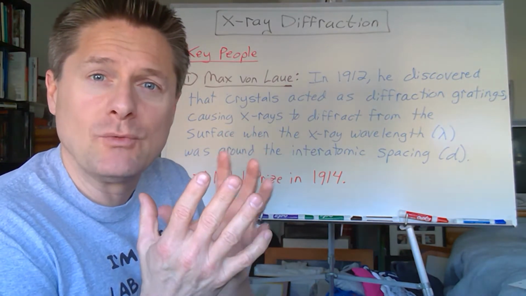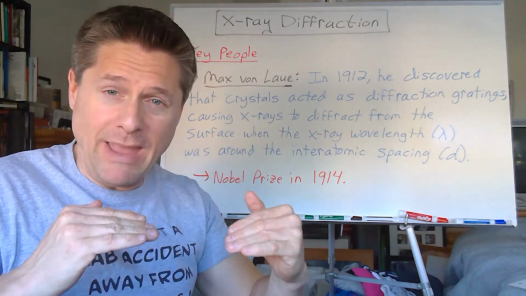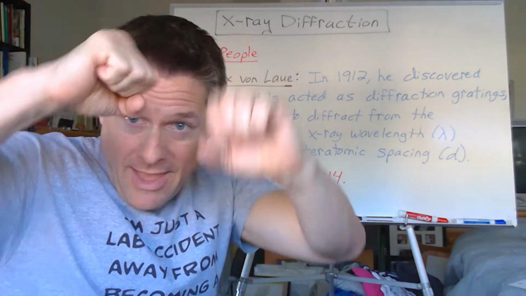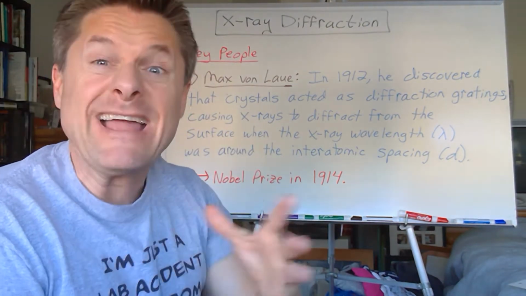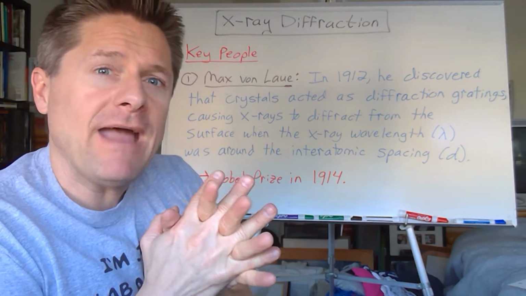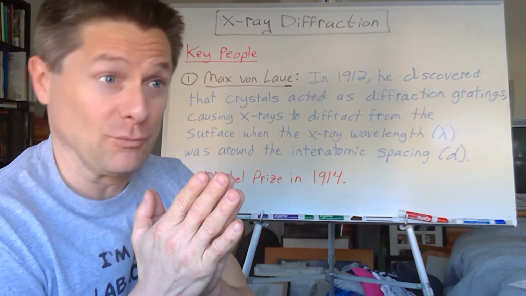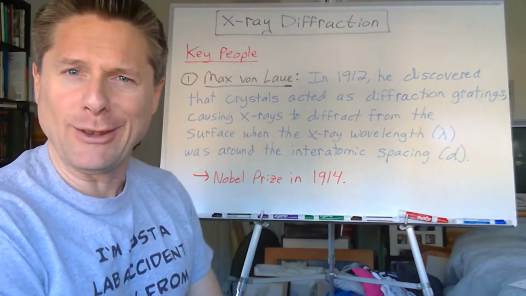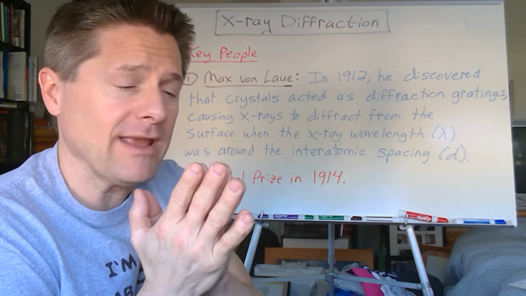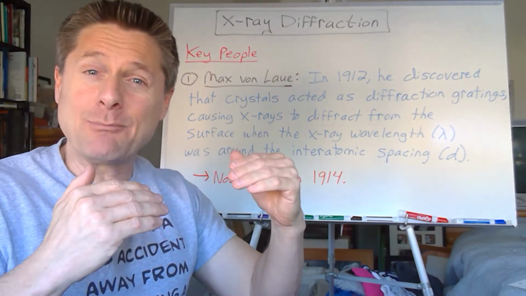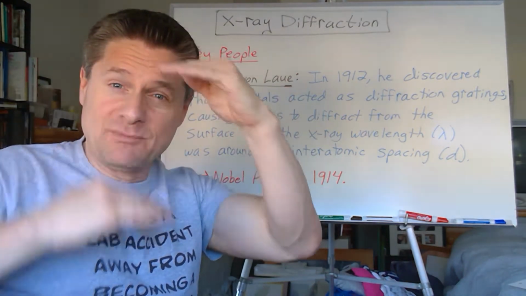he was able to discover that crystals, right? Crystalline solids with regularly spaced atoms. So you could have this distance between the atoms, right? This interatomic distance, we'll call that D for distance. He found that X-rays with wavelengths, because X-rays have pretty small wavelengths, they're super high energy. Thus, when you go to the dentist or doctor to get X-rays, you wear that lead vest, right, to minimize your exposure. And what was neat about X-rays is certain types of X-rays would have wavelengths approximately the same length as the interatomic distance. And when that happened, because of the orderly spacing of the atoms,